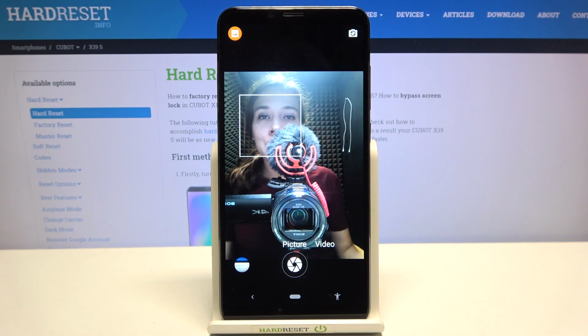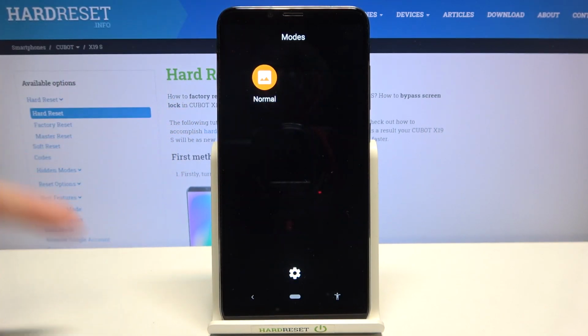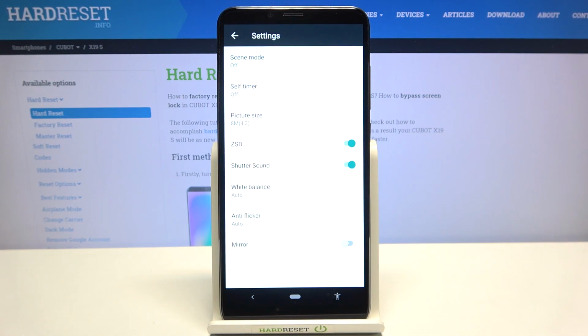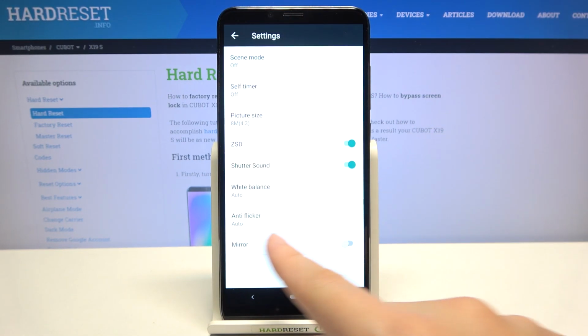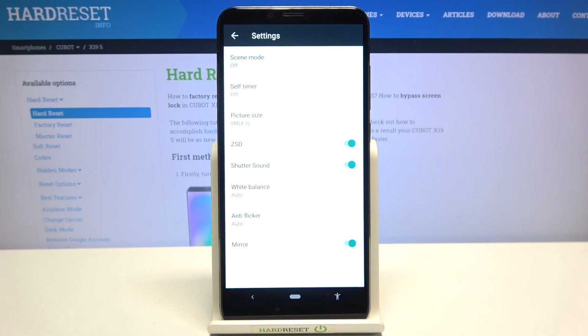So hi again, and now we have to go to the left corner button to get access to this panel, and here we have to tap on the center to open the advanced camera settings. Now at the last position we have the mirror effect option, so by using the button on the right we can easily turn it on and turn it off